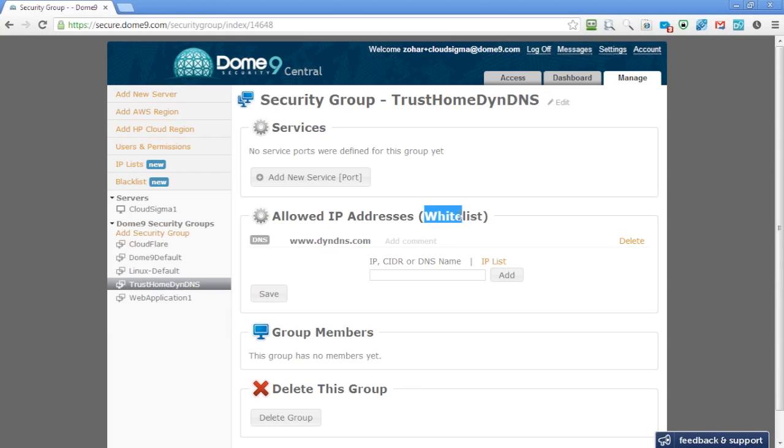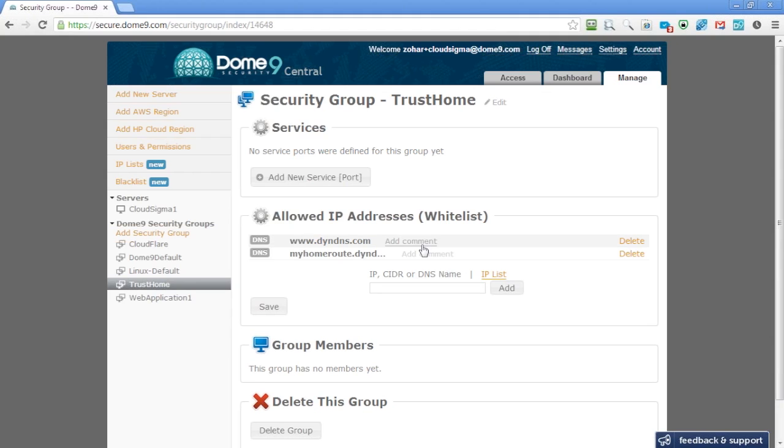And what we've created is a whitelist. So essentially, everything coming from this DNS resolved name will be allowed to any server that is part of this group. Let me change the name for it just for a second. Okay, so what this gives us is the ability to define my home router, dns.com, and edit here. I can even add a comment of what this refers to. When I click Save,